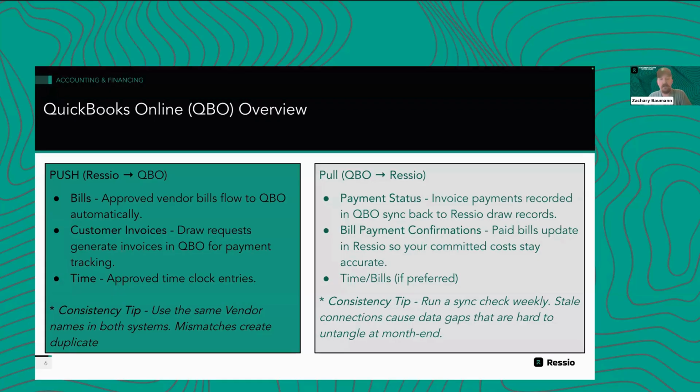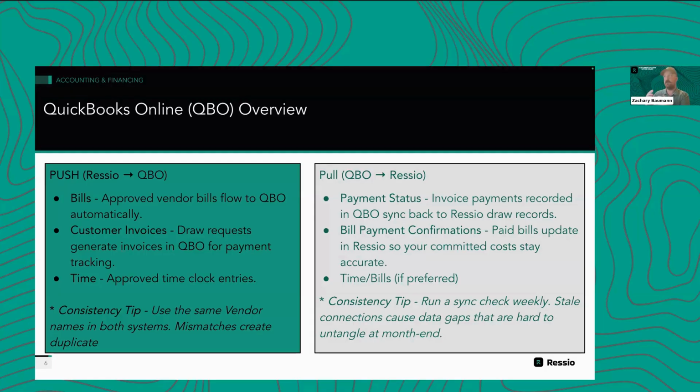One thing I do like to highlight here is that Ressio does have a payments partner. So if you want to create invoices in Ressio, send them out to your customer, and receive payment through our payments partner, we accept credit card and ACH. We've got really good turnarounds on those, and it's a great new partner that we're working with. We're no longer working with Stripe, where there was all sorts of fun with turnaround times, things like that. But we're working with a new partner that we really like. The nice thing is that it will mark those as paid in both systems. It records that payment and it goes to whatever bank account you want it to. We don't hold on to that, but that will still mark both systems as paid.